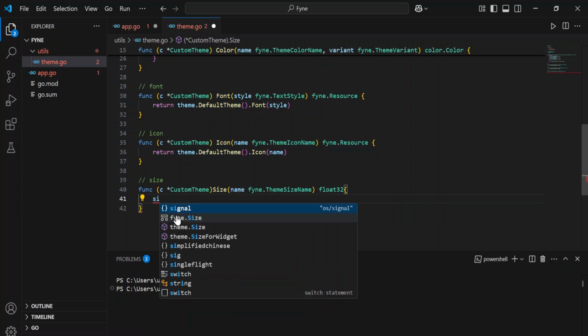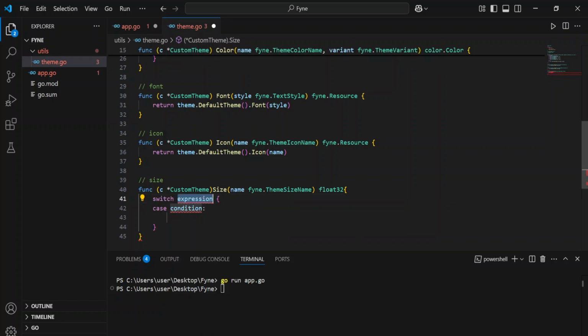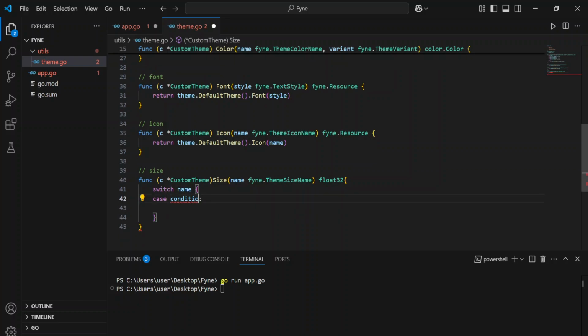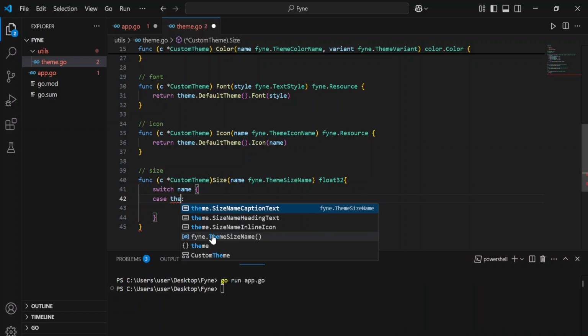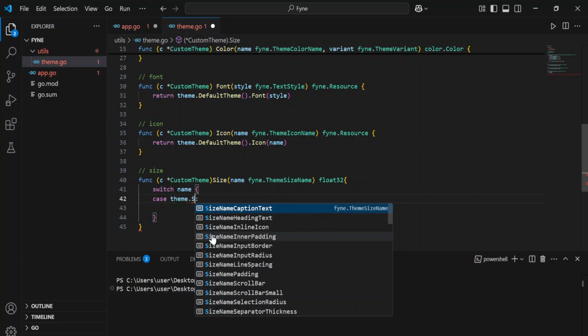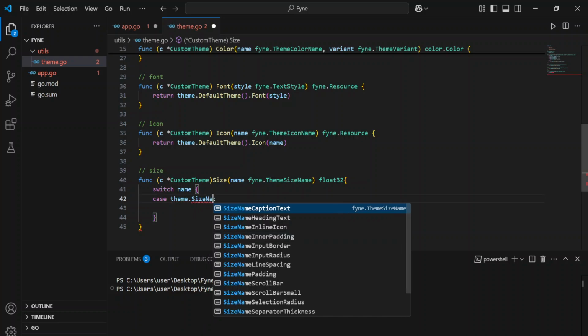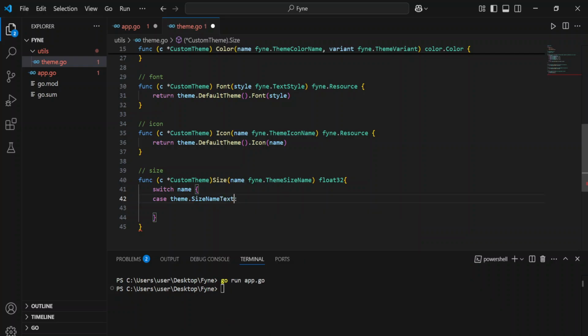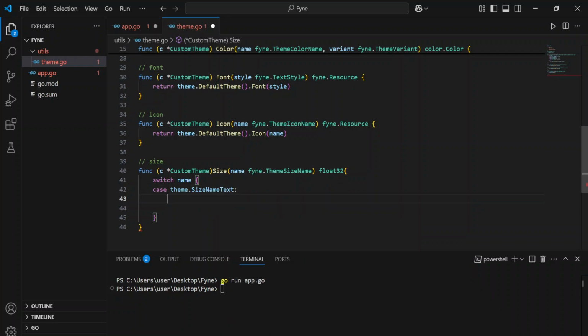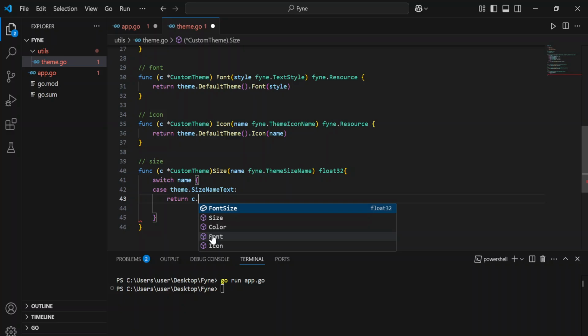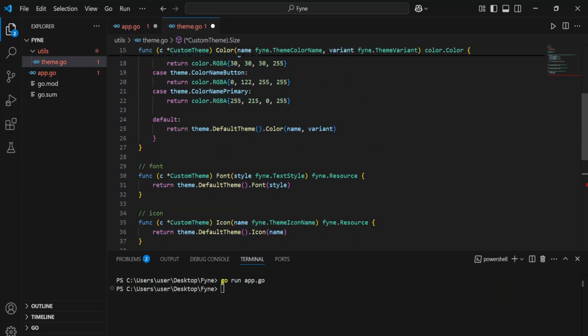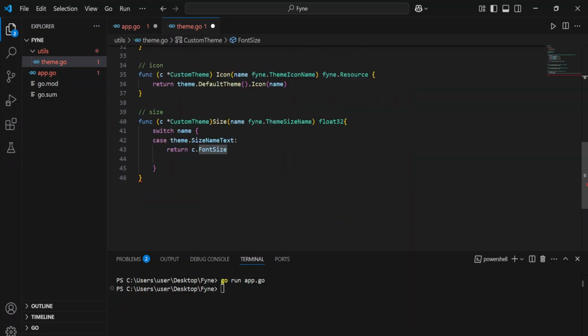So we're going to switch name, and in the first condition we're going to say case whereby the theme.SizeNameText, we're going to return font size, the font size that we've defined here. Going to return that,